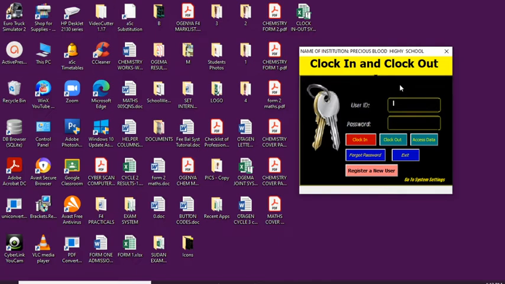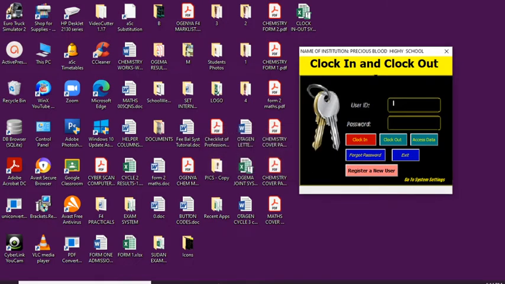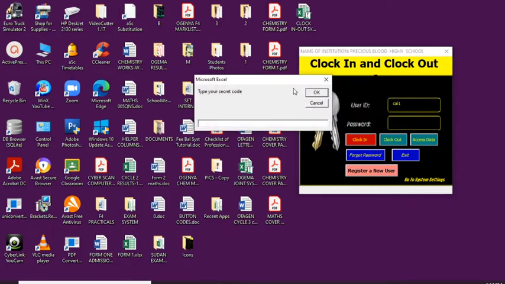Okay. So then if you happen to have forgotten your password, you will come here and simply change your password. Not even changing, you'll be able to retrieve your password. So for example, let me say I'm the one who has forgotten the password, so say forgot. So it will say enter correct user ID first before you click this button. Okay, so you will come here and enter your user ID. So for example, Carl1. So when I now say forgot password,